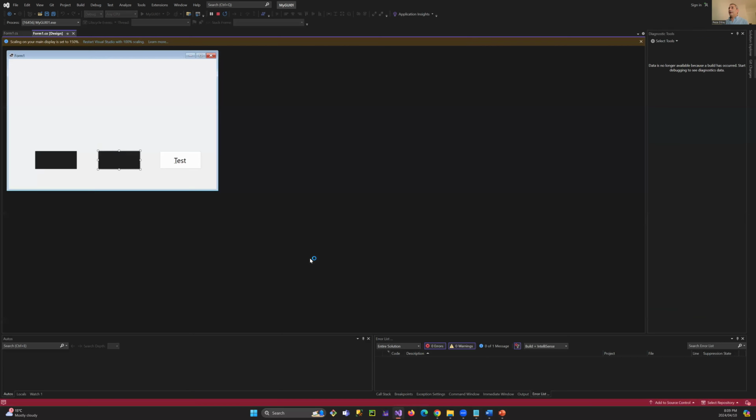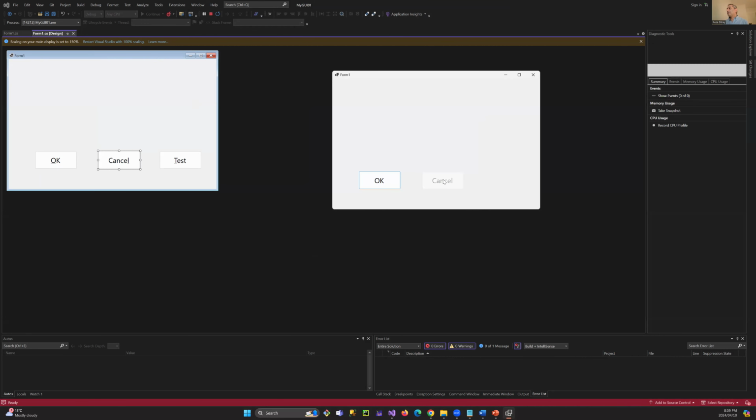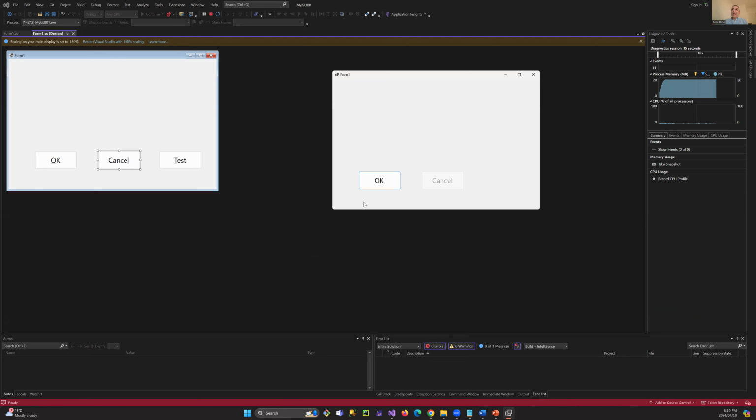Look at this one. Now you see that it shows that I cannot press cancel, and that is why I cannot close the program, and there is no sign of test because it is hidden. The visible is false. So for having one of the ways, I'm not saying that that's the best, for the